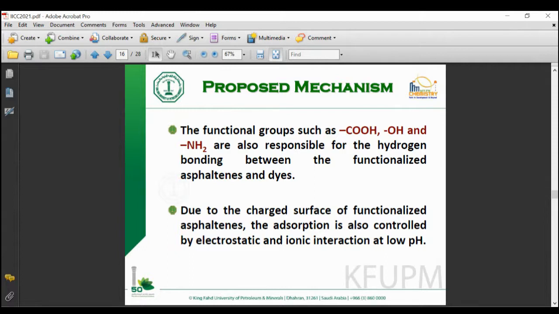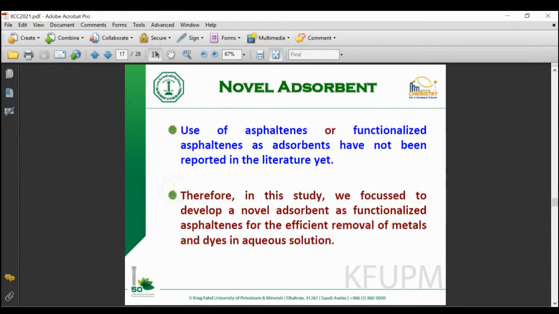They interact, and they afforded us more than 95% removal. Actually, more than 95%, sometimes 99% adsorption of the metal cations. I mean, we found out here, due to charged surface and other activities. Use of asphaltenes or functional asphaltenes as adsorbent has not been reported before. Therefore, in this study, we focus on developing an adsorbent, and we have to look at the mostly used adsorbents for